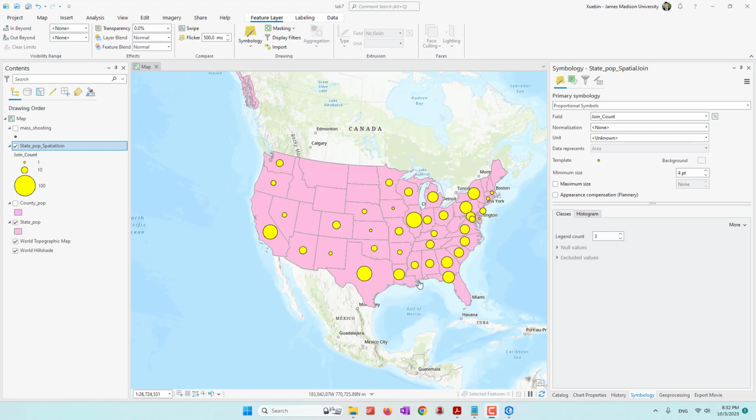Okay, and if you want to create a more beautiful or more professional map, you can check our later labs where we are going to teach how to create professional maps. Okay, so right now I think this map is great. All right,